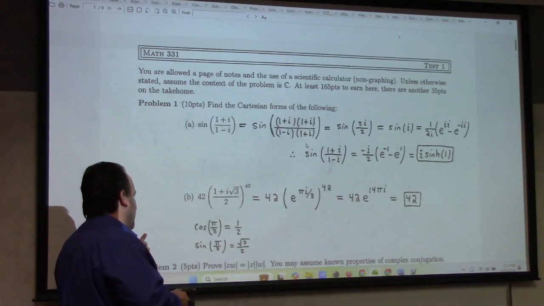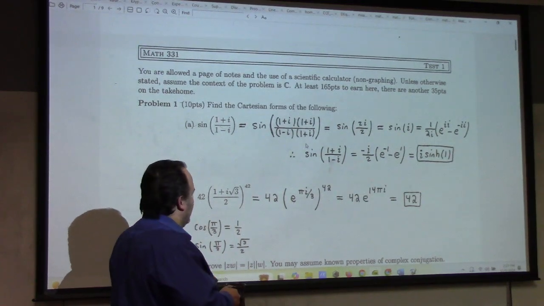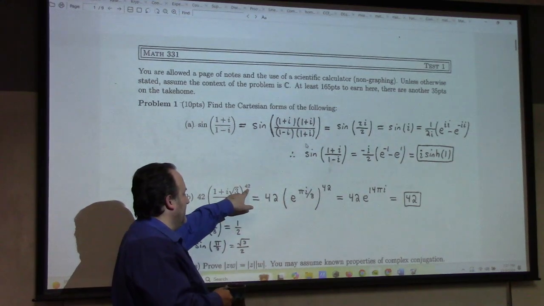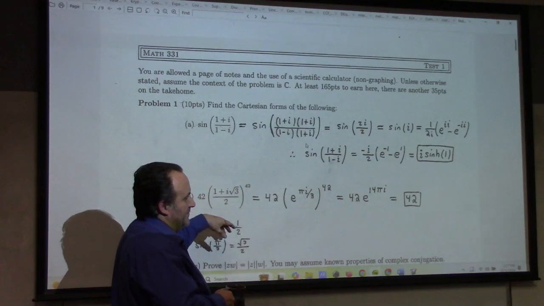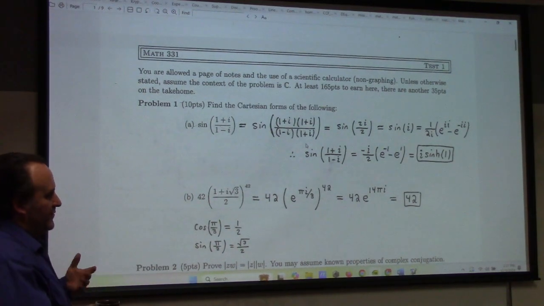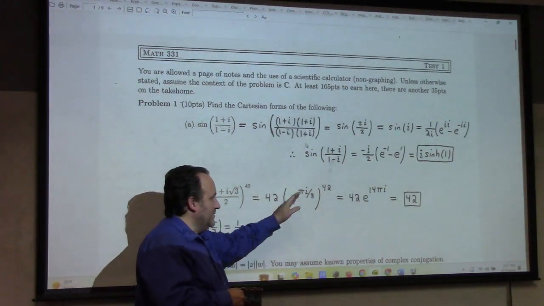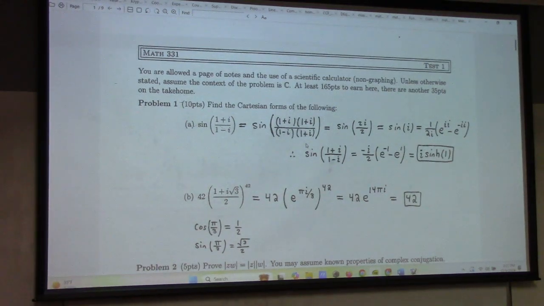Irrelevant personal comments aside, this one, oh, see, I still believed in the number 42 back at this point. Whenever you have something to a suspiciously high power, the way to go is to convert it into polar form, right? The two things we started with in this course are how to put a complex number into Cartesian form, which is a plus ib, or polar form, which is radius times e to the i times the angle. Anyway, so